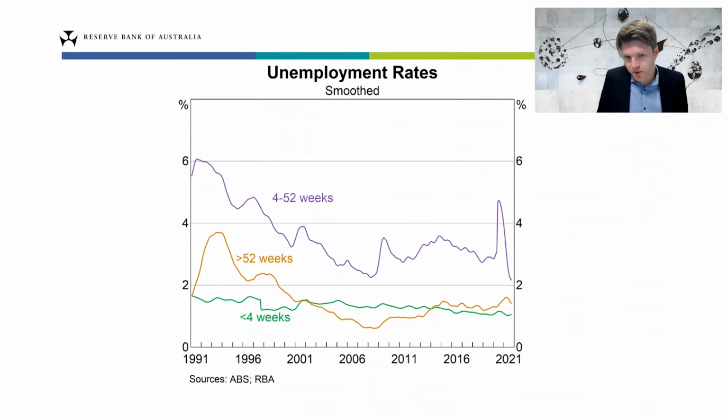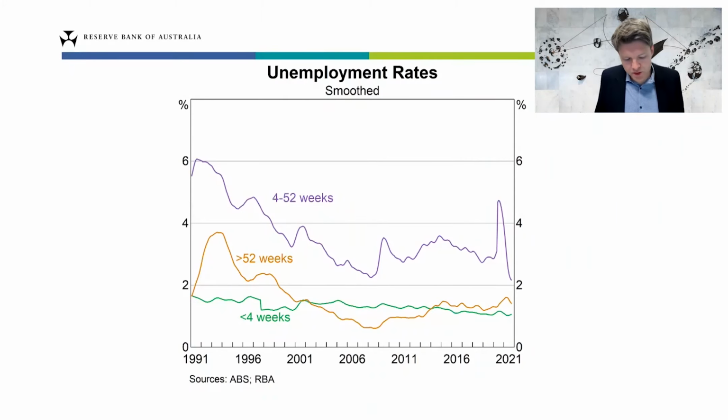So one of the things that we can look at that's helpful here is data on the composition of unemployment. And the basic idea here is that you can think of the NAIRU as being the unemployment rate that would prevail if there's no spare capacity in the labour market, and when inflation is sustainably at the RBA's 2 to 3% target. So in other words, when you're at the NAIRU, there should be no cyclical unemployment. But of course, there will always be some frictional and some structural unemployment.